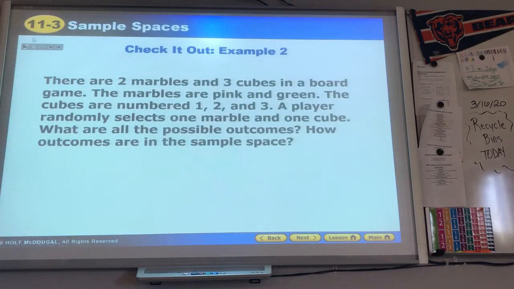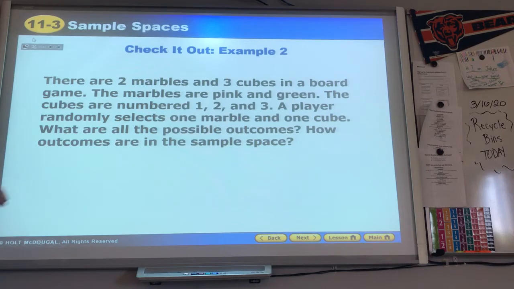There are 2 marbles and 3 cubes in a board game. The marbles are pink and green. The cubes are numbered 1, 2, and 3. A player can randomly select 1 marble and 1 cube. What are all the possible outcomes? 2 in the first choice, 3 in the second choice. There's going to be